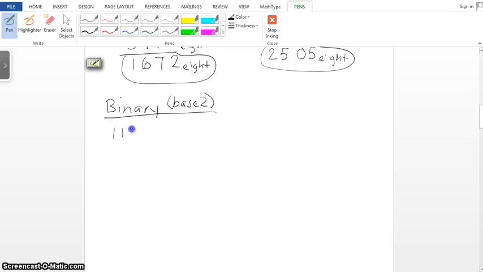1, 1, 0, 1. There's 2 zeros and 2 ones. This is base 2. And again, you want to justify this. I always do it backwards. 1, 1, 1, 0, 1. You really want to make sure that your columns line up. We're subtracting here. Alright. So when we're subtracting, remember, we'll have to borrow if the number down below is larger than the one